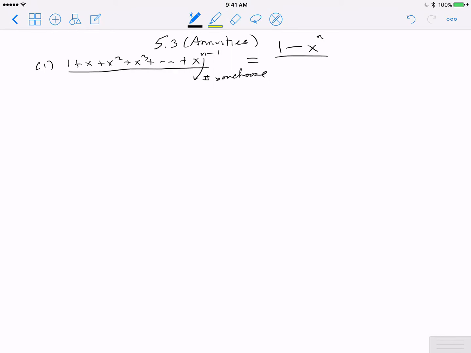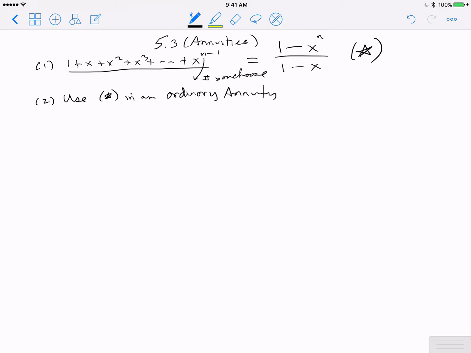So in the last video of section 5.3 on annuities, we developed the formula 1 plus x plus x squared plus x cubed, say, up to x to the n minus 1, where n is a number that you choose. We found that these numbers added up to (1 minus x to the n) over (1 minus x). This was our main formula, star. We now want to see how to use the formula star in this video